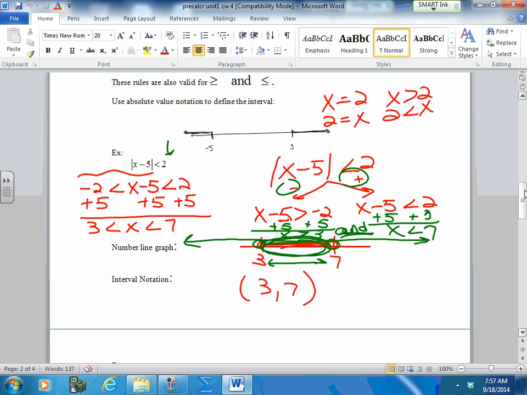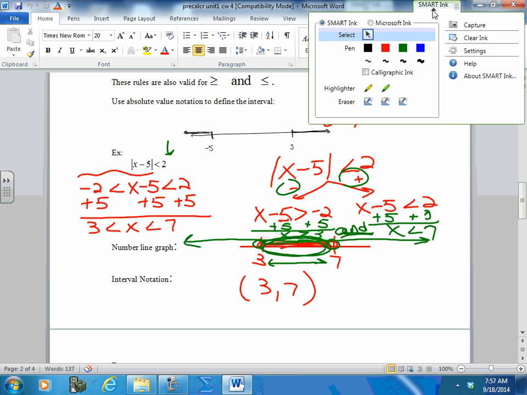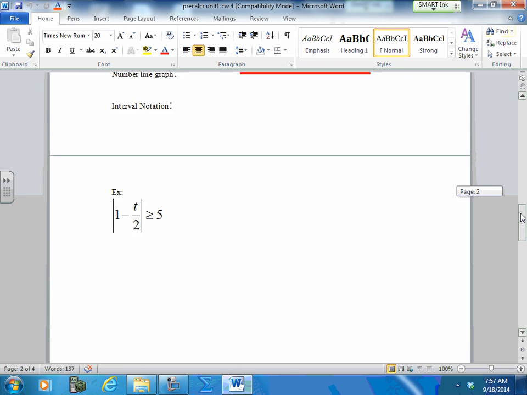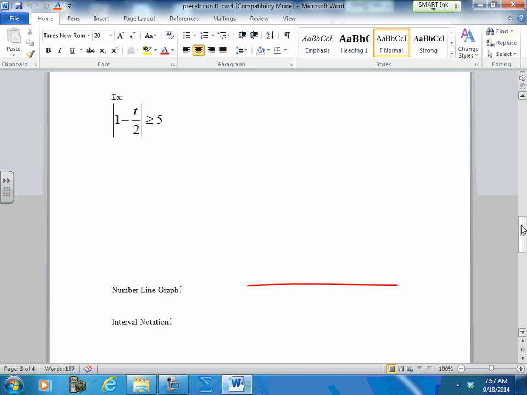But is this familiar? Because we do this in Algebra 2. Yeah? Some of it will come back. Some of it you'll start remembering. Let's try an or statement. Okay, an or statement says